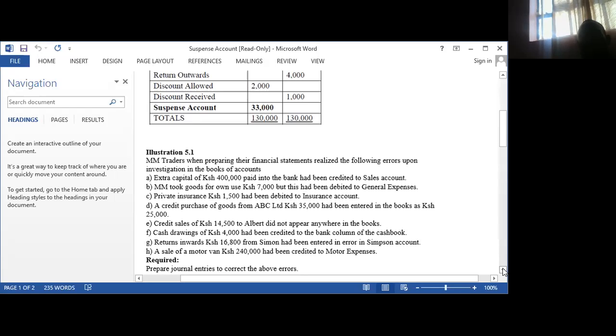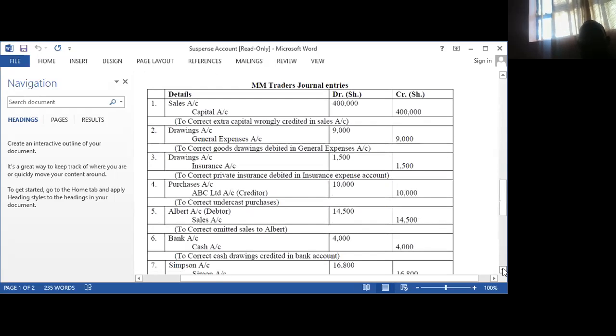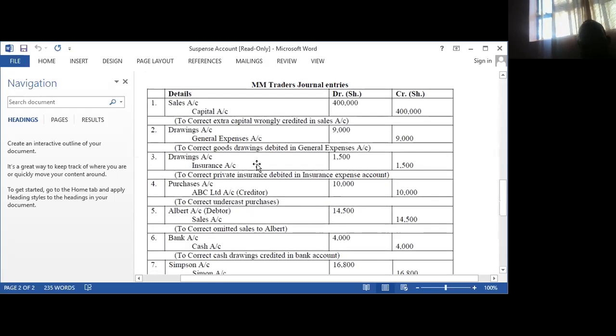And actually, that is what they have done here. They have debited drawings because it was supposed to be debited, and then they have credited insurance because it was debited by mistake. So we credit it to subtract it or to minus there. Then the fourth